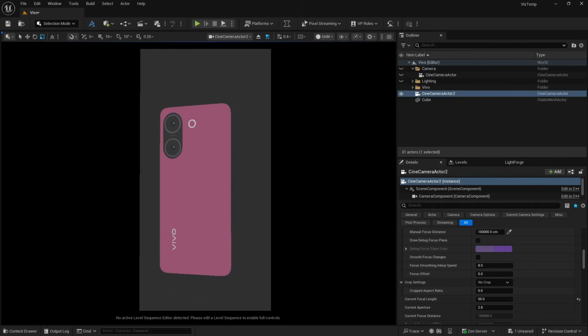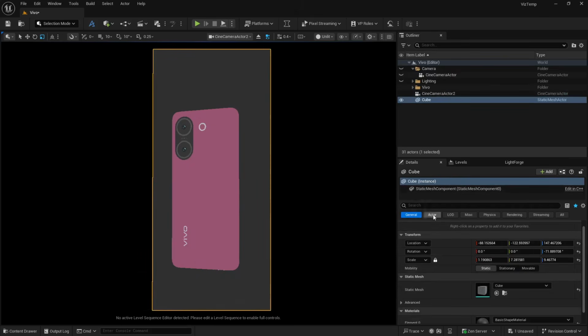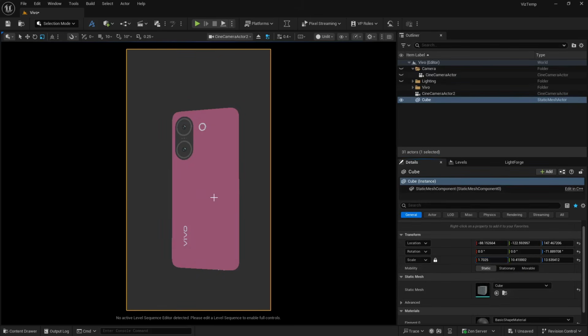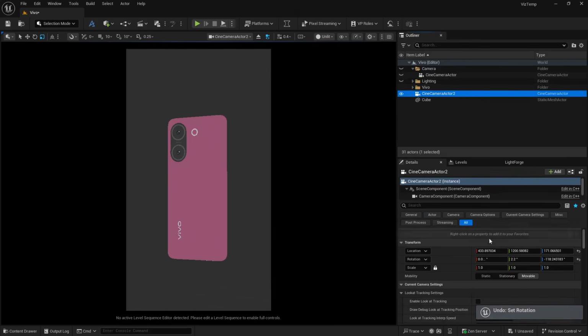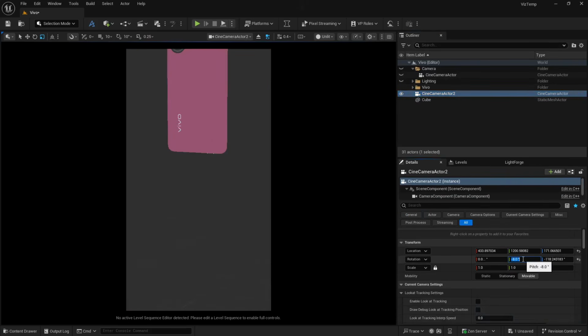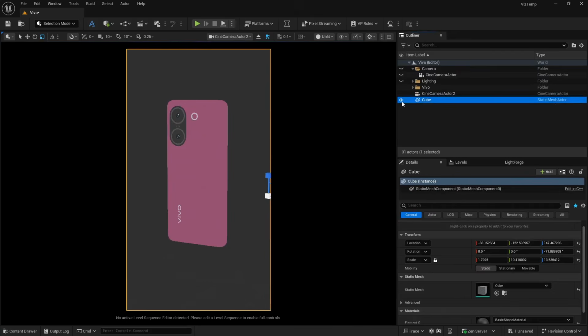let's take this somewhat backwards here, something like this, and I'm going to make this box bigger here so exactly I know how much my frame is going to get covered here. Okay, so let's just do something like this and let's just rotate it a bit here in wide angle. So let's just do -8. Okay, not this one, sorry, my camera. So let's just select, let's just do maybe -8. Okay, and let's just move it upward so I can see the top of the phone as well. Yeah, this is looking nice actually. Yep. And now what I'm going to do, I'm going to hide this box as well